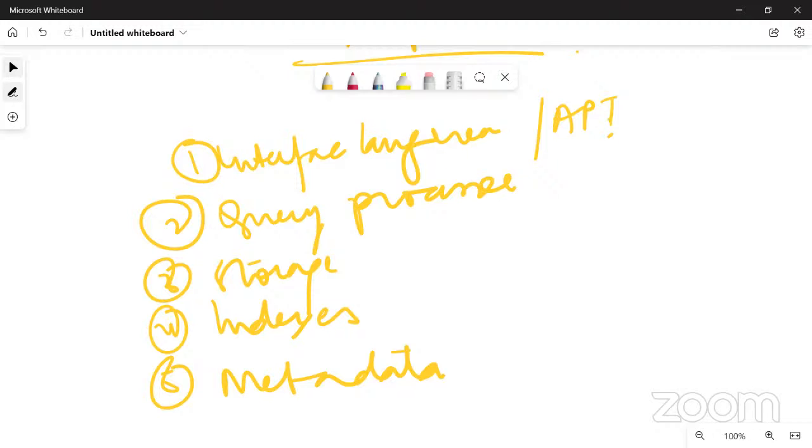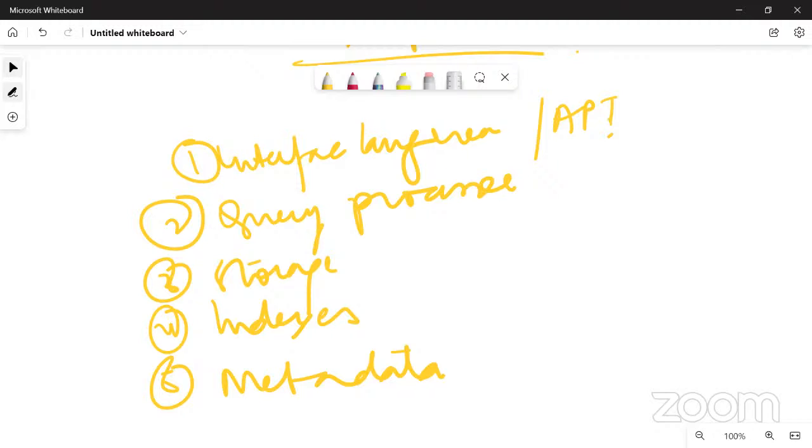So that's why we have indexes. Then the last is metadata. The meta information of the data, the storage, the indexes, everything will go in the metadata information. So this was about what is inside a DBMS, inside a database.